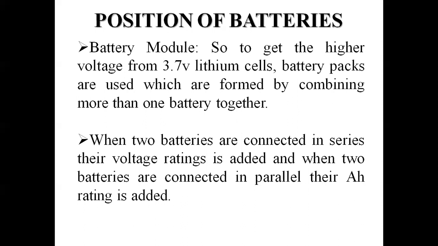This 20,000 volts is supplied to the controller, and the controller controls the net amount of voltage that will be given to the motor to run at a specific speed. So this is variable speed. As soon as you remove your leg from the accelerator, the voltage supplied will be zero. If you were previously running, you keep running due to inertia, and otherwise you need to apply brakes.